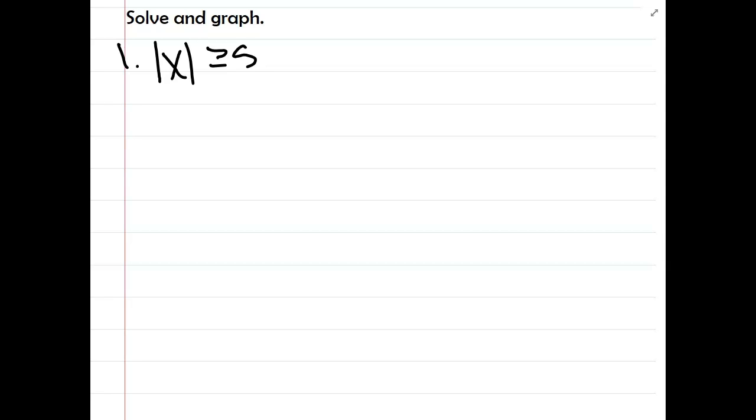The first thing the shortcut doesn't do for you is tell you if it's an and or an or. So this is the part you have to do for yourself. It does not matter what's in the absolute value bars. What matters is this sign here. It says the absolute value of something is greater than or equal to 5. So think, if you had to start at 0 and take greater than 5 steps,